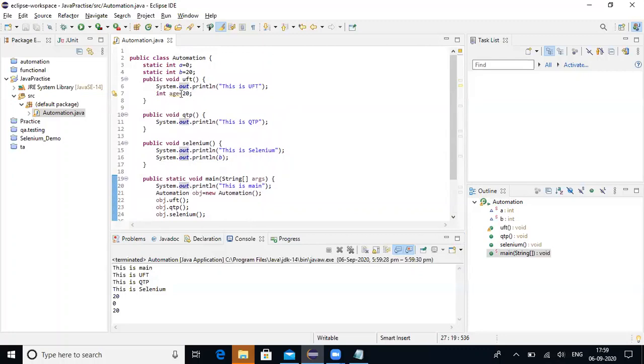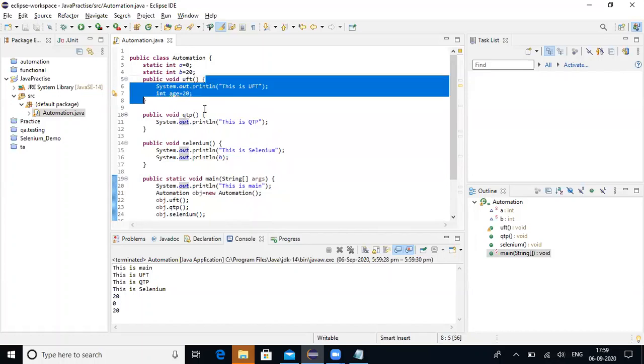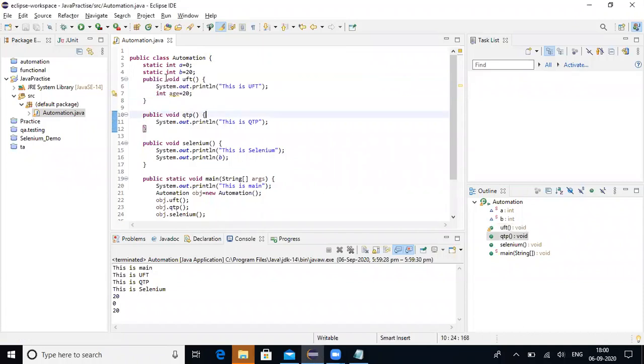The only thing you need to understand is that if it is defined static, it can be accessed by a non-static method as well. This one is a non-static method. Why? Because it doesn't have any keyword called static. If the method or variable contains the static keyword, then it is known as a static variable or static method.